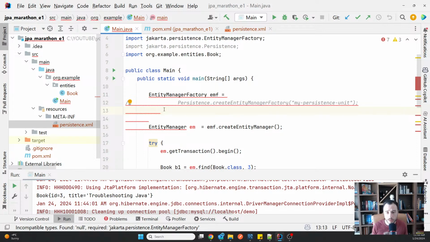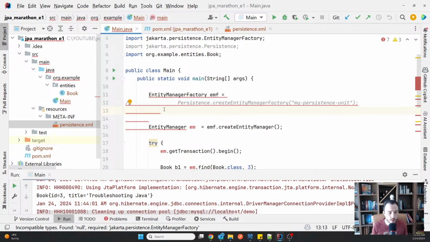Because if you consider that this persistence XML is the entry point of the entity manager factory, then this means that you will always need to have it, which is not the case. And every one of us who has used a Spring Boot application with Spring Data JPA has seen that there is no hidden persistence XML file there that your app uses to create the connection. So now let's see how you can do that programmatically.